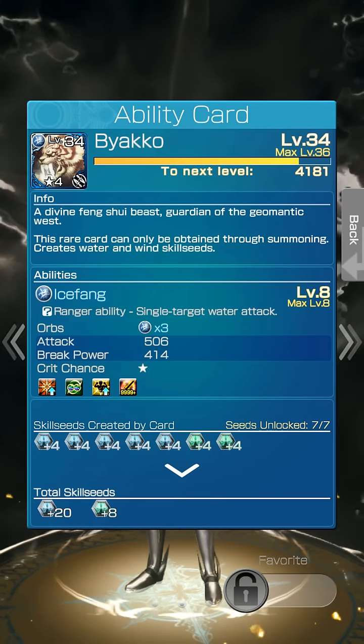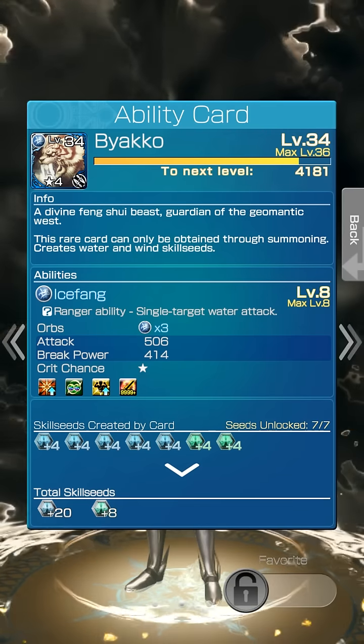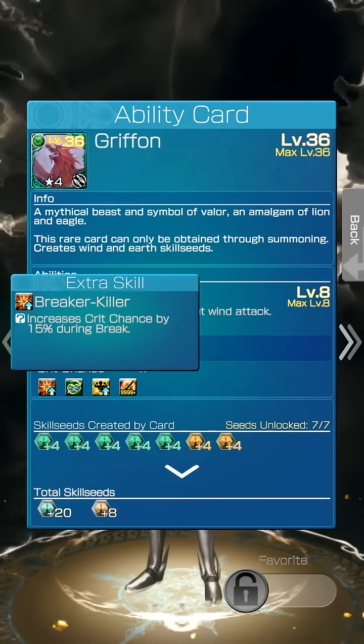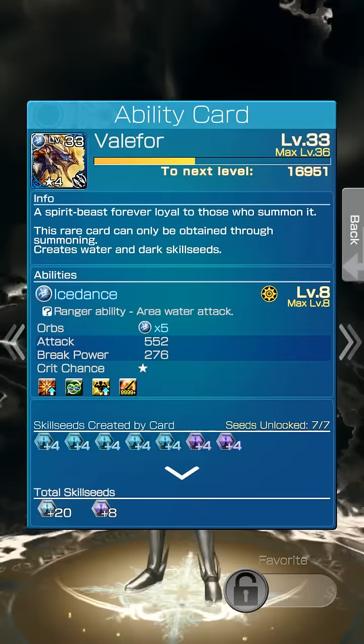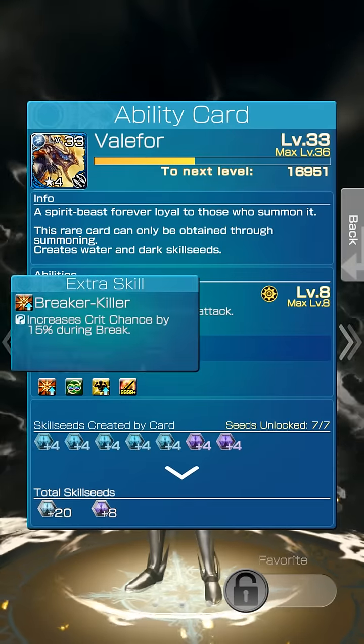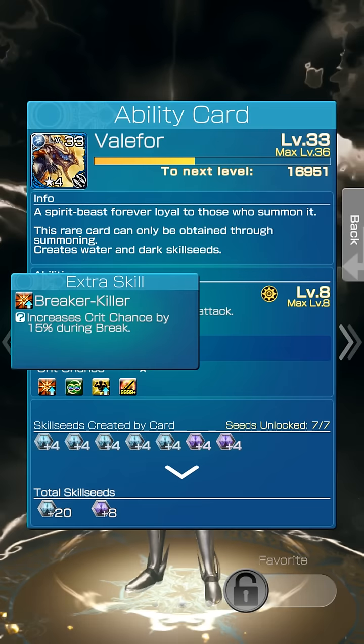So you're going to want Byakko. I guess that's what his name is. You're going to want him. I think Griffin is also breaker focused. Yeah, he's breaker focused as well. Valefor, he's also breaker focused, kinda. Not really, but use Valefor when you have